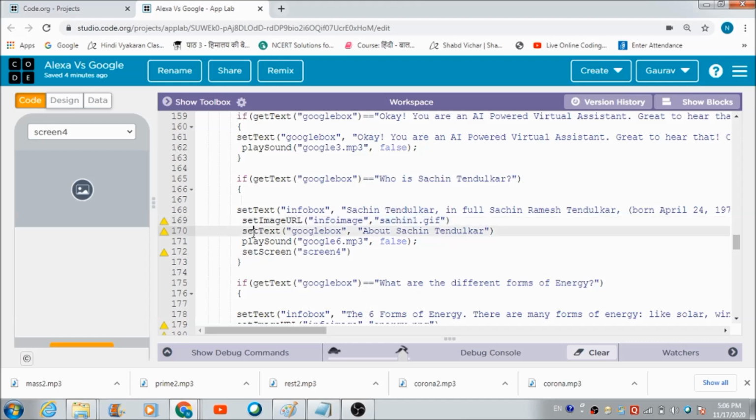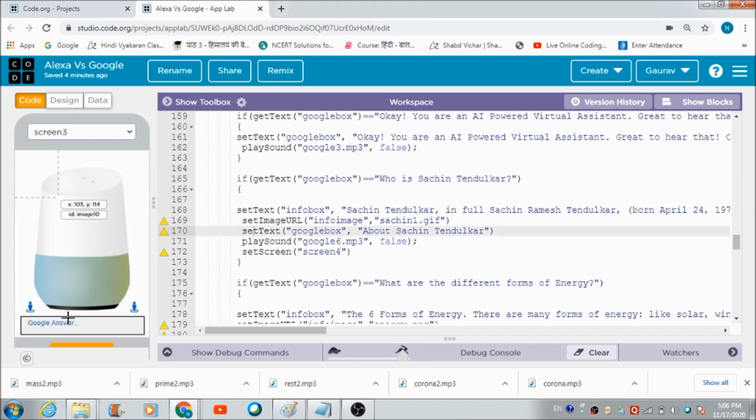Besides this, the text of the Google box which you are seeing over here will get changed to this one about Sachin Tendulkar, and this audio file will get automatically played. Let me just show it to you practically once.